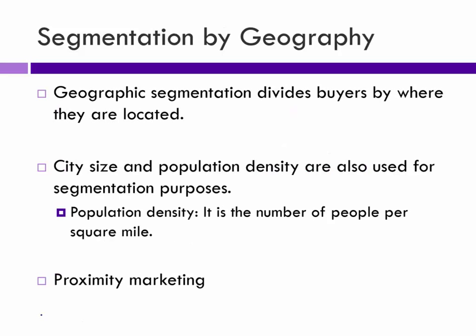Geographically, by where they're located, obviously, that could be international, U.S., it could be people in the north versus people in the south. City size and density are also good ways to market it, that they tend to behave differently. Proximity marketing is what you see there with the ad that will pop up on your phone that you're driving past the Sheetz right now, do you want to stop in? So that's kind of related to the geographic marketing.